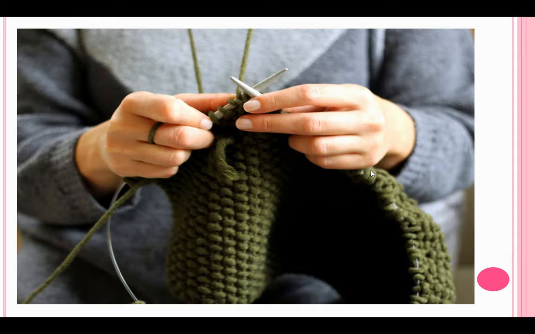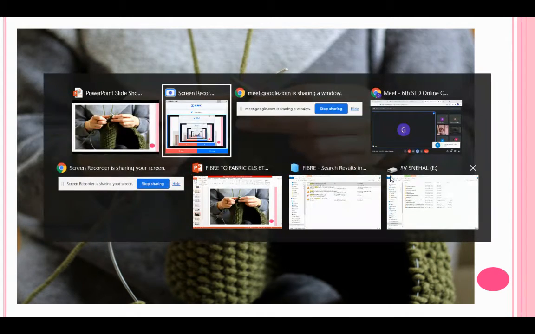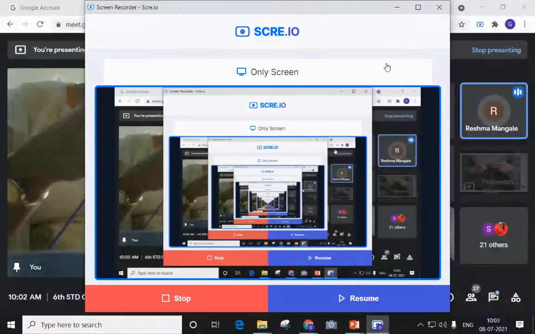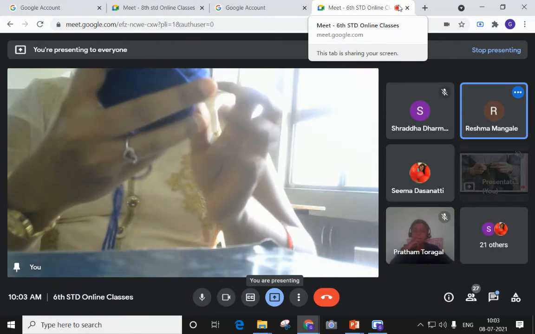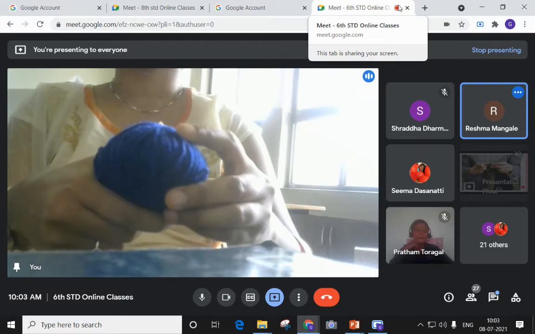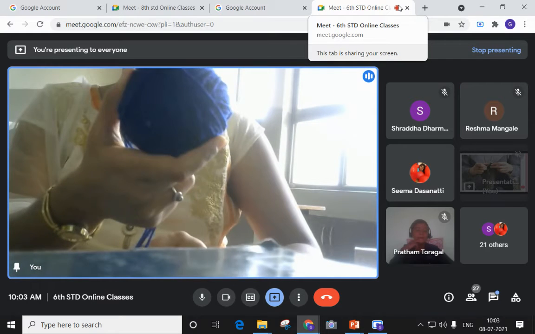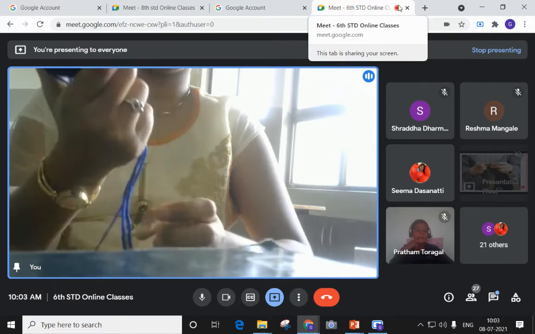When we compare with woven fabrics, knitted fabrics are more stretchable. I'll show you that once again. Can you see this woolen? This is wool.